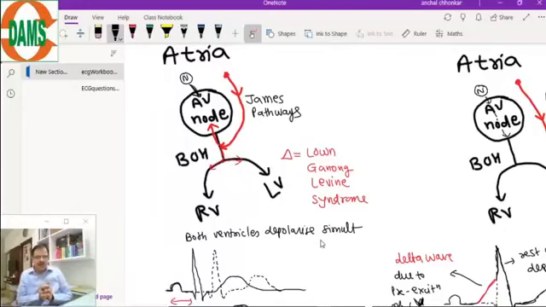So look closely here. In LGL syndrome, the impulse of the James pathway goes to the bundle of His, and it will go retrogradely as well as enter the AV node. The normal impulse also enters the AV node, and these two impulses cancel each other. So the normal impulse is not able to cross the AV node because another impulse is going from below. So that will cancel it.